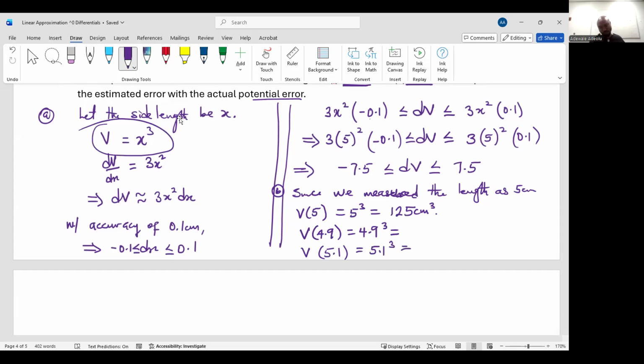So 4.9 cubed, that is 117.649 cubic centimeters, and 5.1 cubed is 132.651 cubic centimeters. Now, since this is what I have, then I can compare that to these two. So that means I will be having